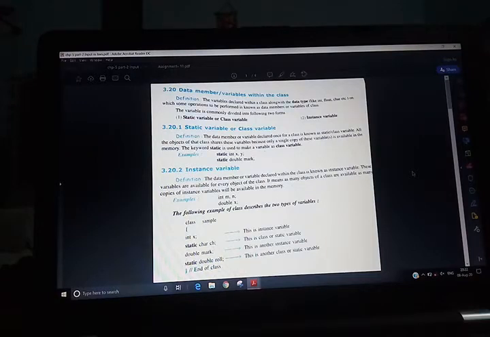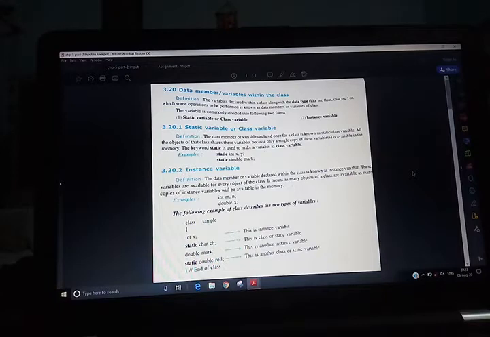So, there are two types: local variable and class and instance variable. What are local variables? Declared within the method. Here all of you see. They must be declared and initialized before they are used. Local variables are not automatically initialized to default values. The users are going to initialize these variables. When you are doing a program, you will see when we are going to input the variables that are our local variables.